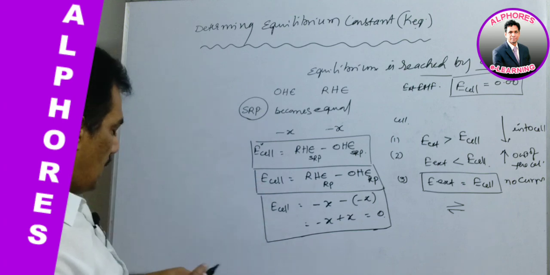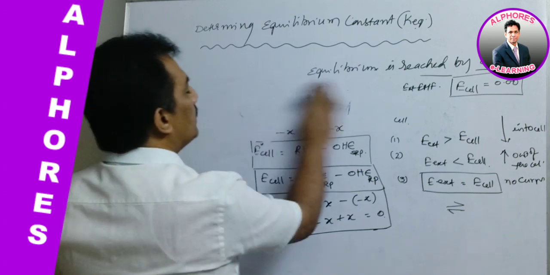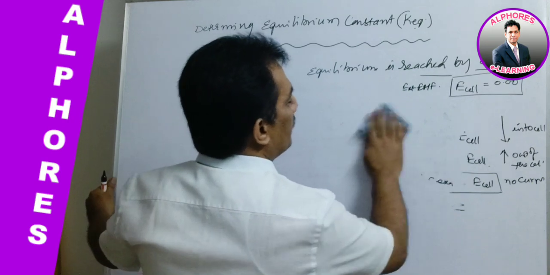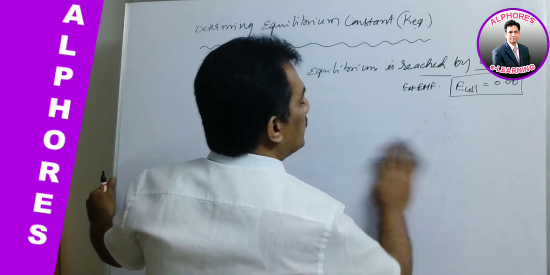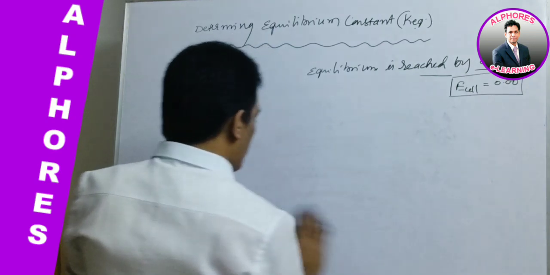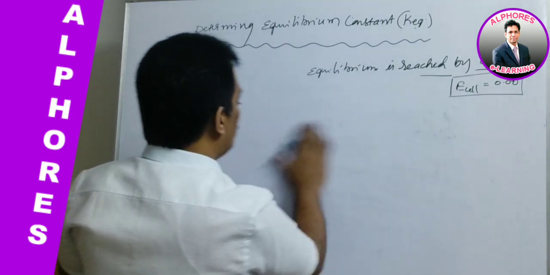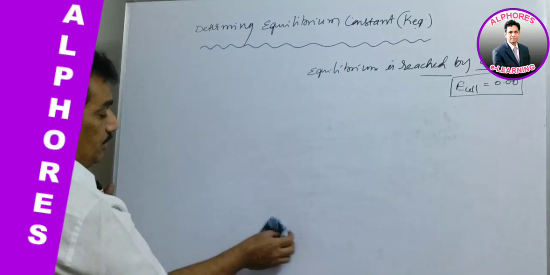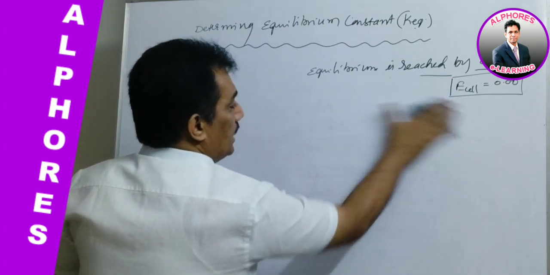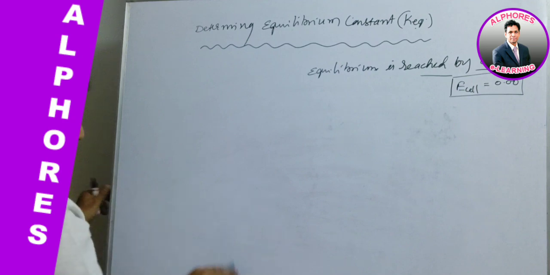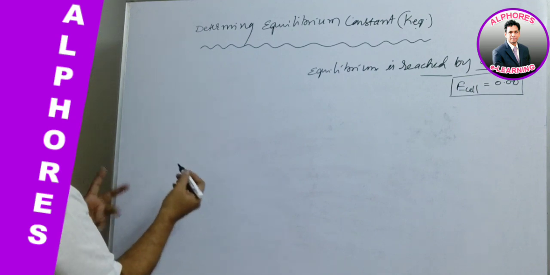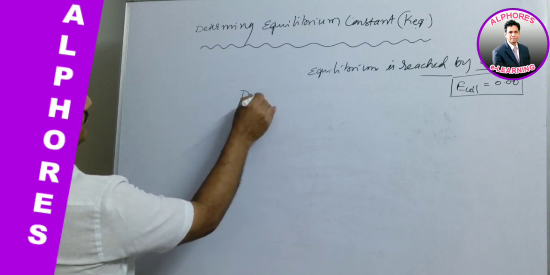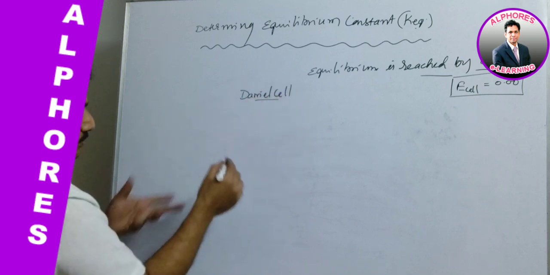And now let us apply this concept to get K equilibrium, that is nothing but the equilibrium constant, from cell EMF. Just observe, at equilibrium E cell becomes 0. Why does it become 0? Because both electrodes get the same reduction potentials at the equilibrium state. So that's why the E cell is found to become 0. And now let us consider one best example. Again, the best example from electrochemistry is the Daniell cell. Let us consider this.